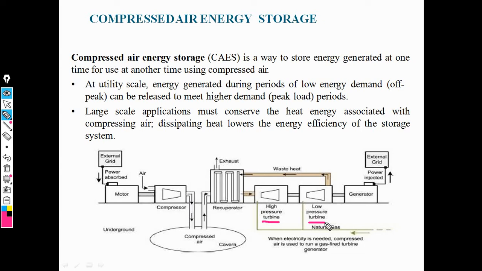The inserted air is applied to the turbine rotor. At that instant this energy, that is air energy, is converted into mechanical energy, and this mechanical energy is given to the generator. Then the generator converts mechanical energy into electrical energy, in the form of AC, and this energy is given to the external grid. Now this is the exact concept of the compressed air energy storage system.